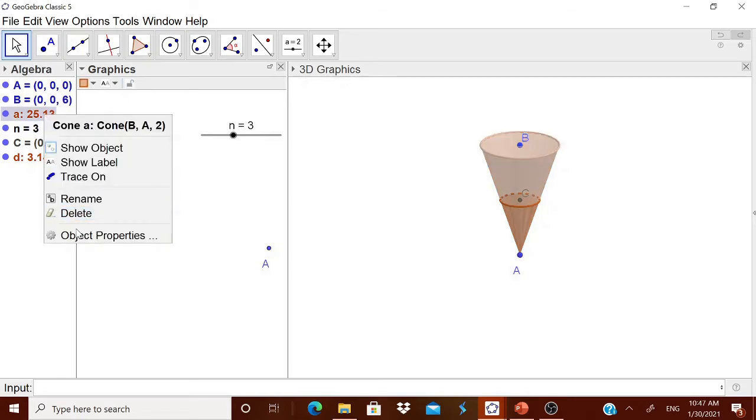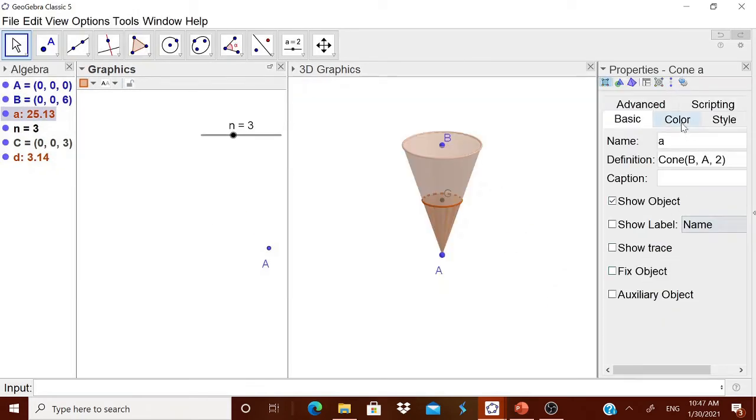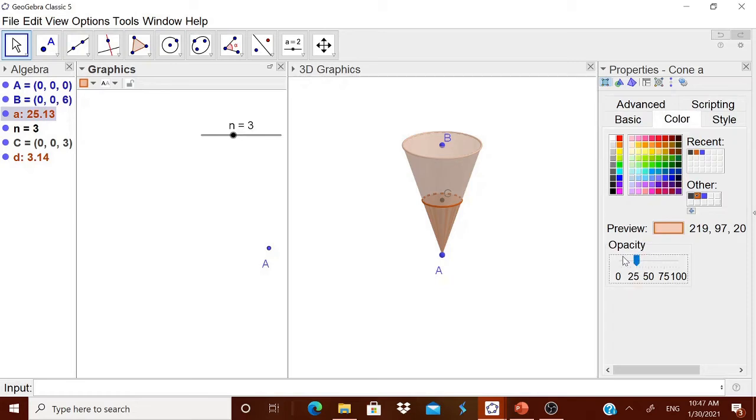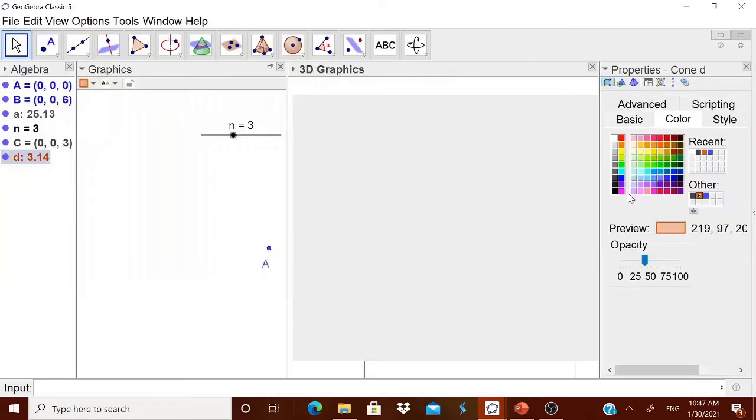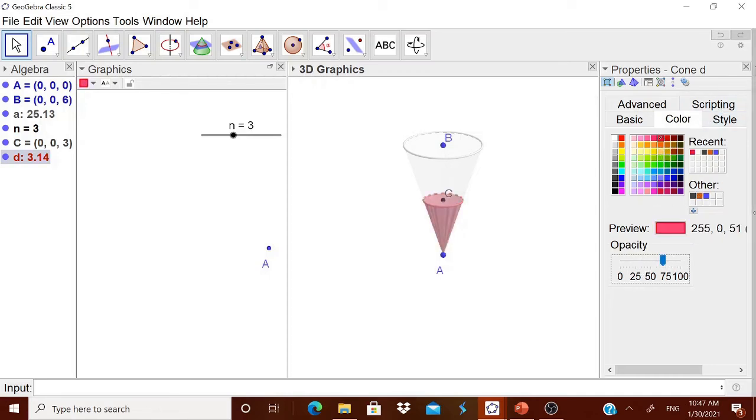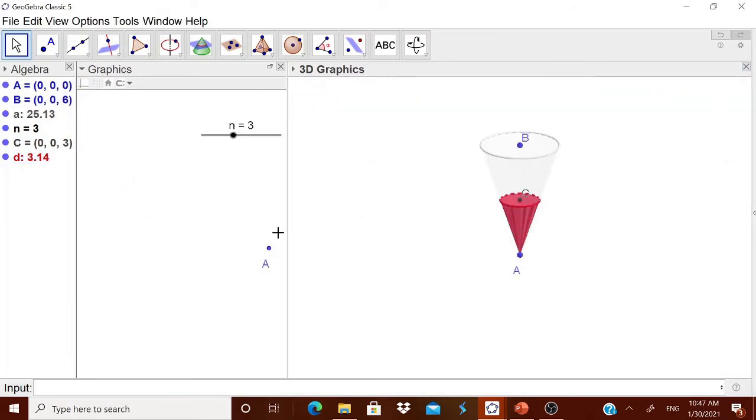Now right click, go to the object properties. In that you have the color. Make the opacity very small, or 0. You can give it a color such as white or gray, whatever color you want. Okay, you come out, you see. Now you can have a little bit of opacity also if you want. For this D, again you can give a bright color. For example, you can increase the opacity and give a color to it. Is it okay? Therefore, when I am moving it, you see it moves and shows what the meaning of the volume is. Very simple.